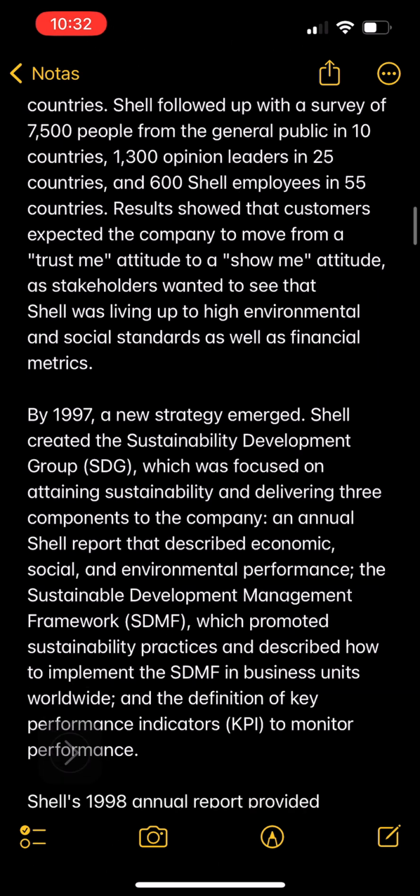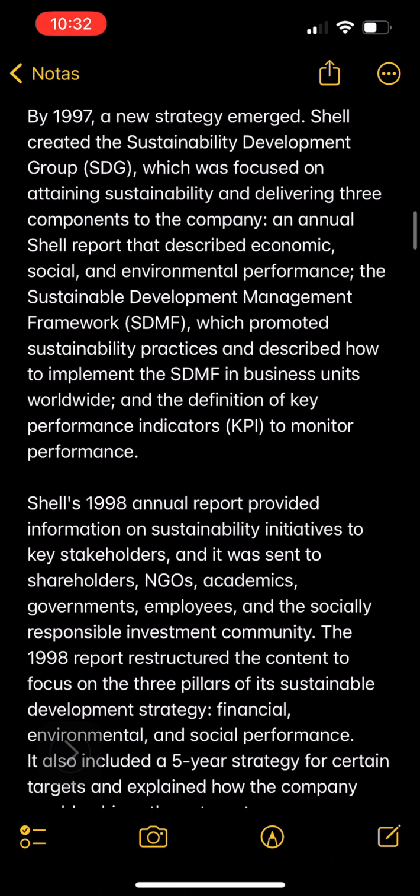By 1997, a new strategy emerged. Shell created the Sustainability Development Group, SDG, which was focused on attaining sustainability and delivering 3 components to the company: an annual Shell report that described economic, social, and environmental performance, the Sustainable Development Management Framework, SDMF, which promoted sustainability practices and described how to implement the SDMF in business units worldwide, and the definition of Key Performance Indicators, KPI,